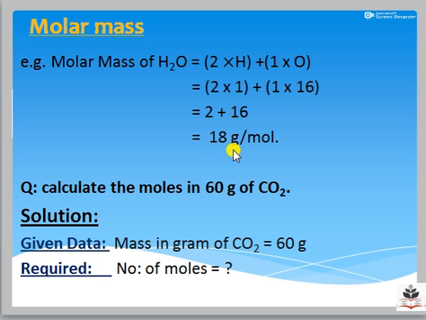It is same like 18 gram is 1 mole, but when we are expressing it in terms of mole, so we will use the unit gram per mole. Okay, so gram per mole means mass of 1 mole of a substance. So you will find out the molar mass of the substance from the formula given in the question.